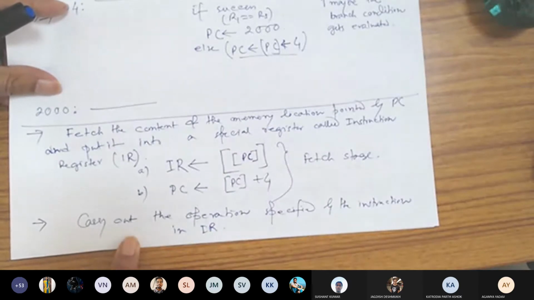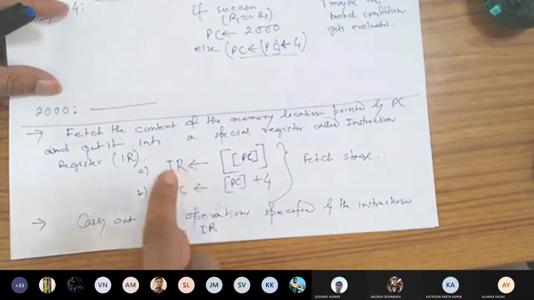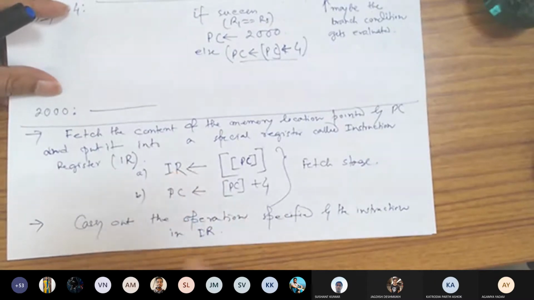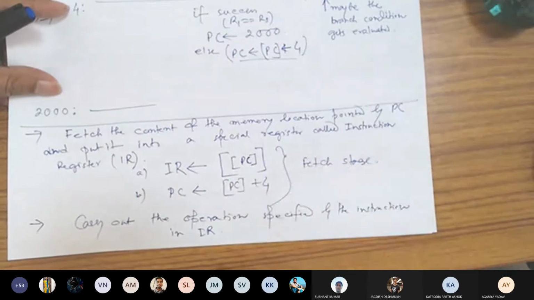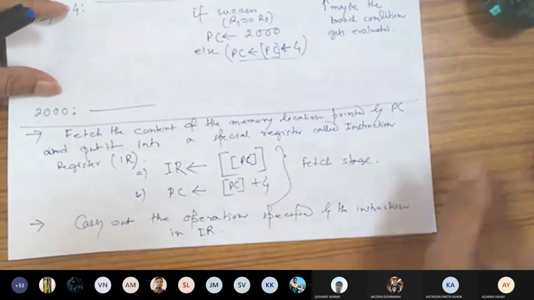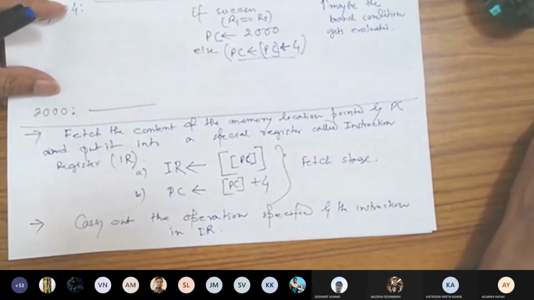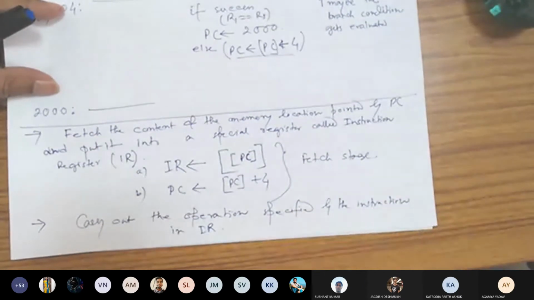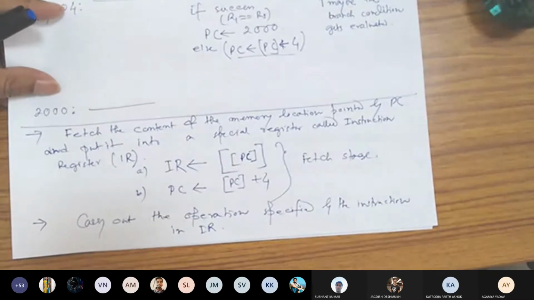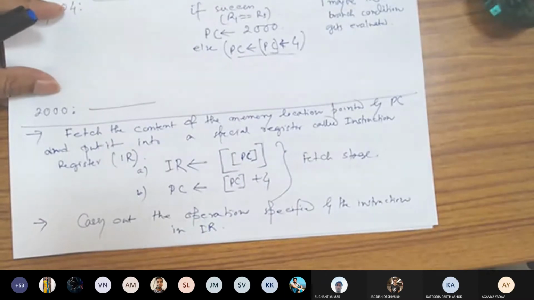And then once the instruction is available in the instruction register, we can go ahead with the decode, execute, memory, and write back stages. Fetching an instruction and loading it into the IR is usually referred to as the instruction fetch phase or stage.